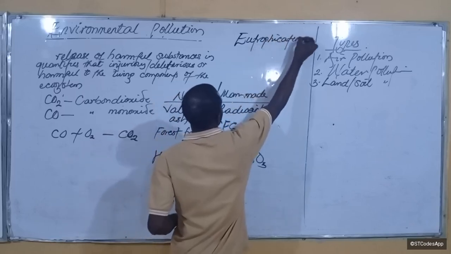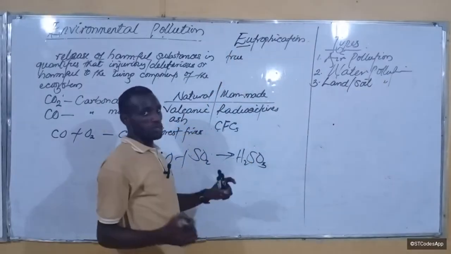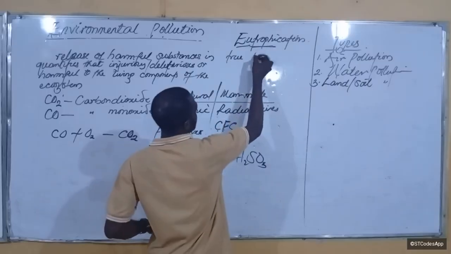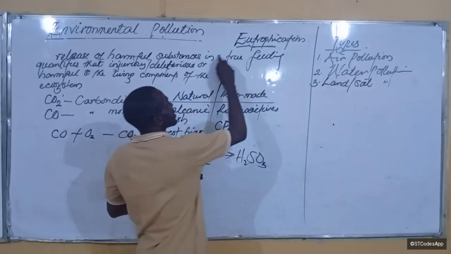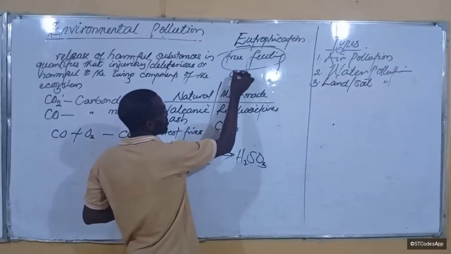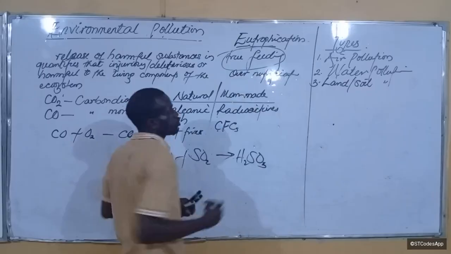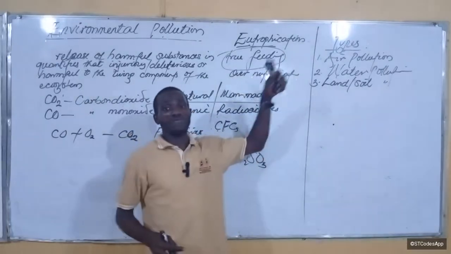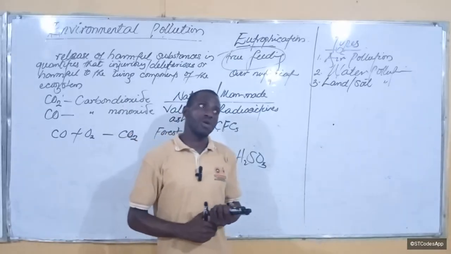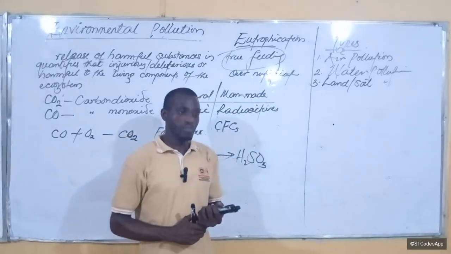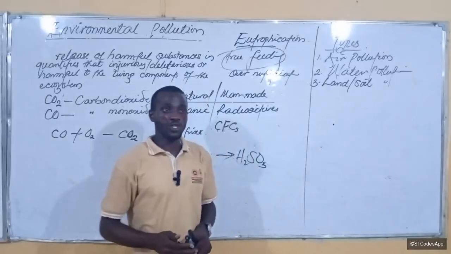Eutrophication. Now you see the word eutrophication, the word eu means true, and trophos means feeding. So true feeding, the word eutrophication contextually means overnutrification. That is, there are too many nutrients. We call it nutrient overload. So yes, that can also be a pollution. If you have seen water, for example, that becomes greenish over time, it is because of nutrient load.